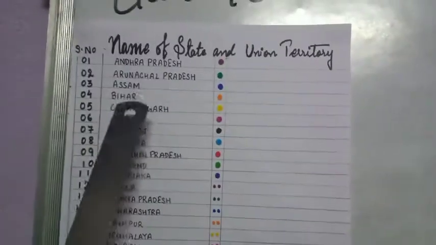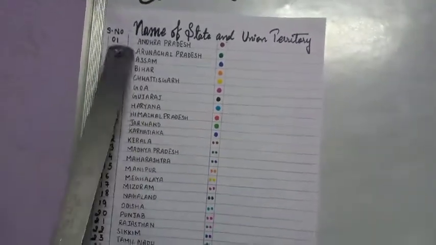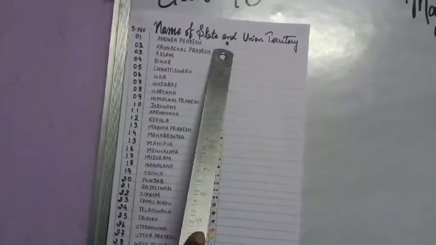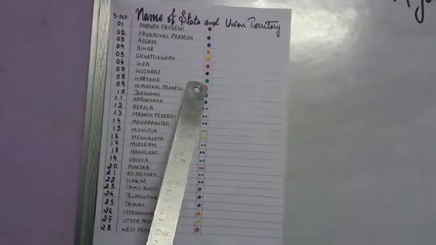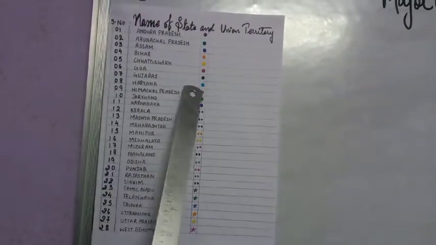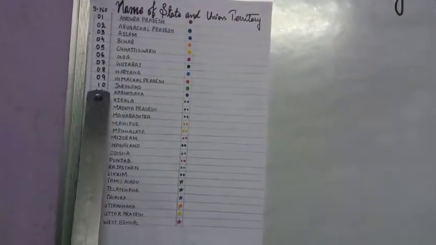Here I have just written the names of all the states, alphabetically. So first I have taken A, again B, again D, and so on. So by the alphabet, A contains first Andhra Pradesh, second Arunachal Pradesh, third Assam. Next B for Bihar, C for Chhattisgarh, G for Goa and Gujarat, H for Haryana and Himachal Pradesh, J for